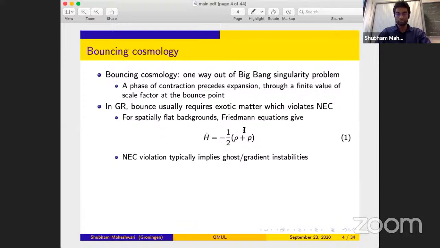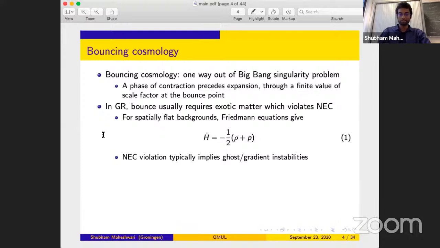There are many models of bouncing cosmology. You have matter bounce cosmology, bounce using Galileons or ghost condensates. You have bouncing models in loop quantum gravity, in string cosmology, the pre-Big Bang scenario, ekpyrotic models. There are many models, but the approach that I will follow is that I will keep my matter sector intact. It is the usual Standard Model, but I will follow the approach that gravity itself must be modified at very